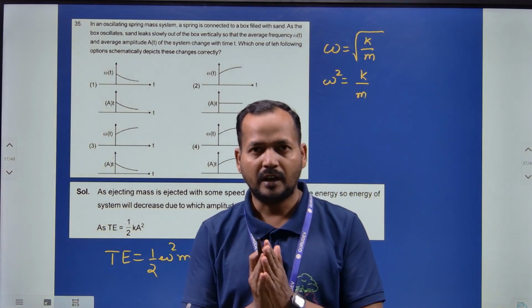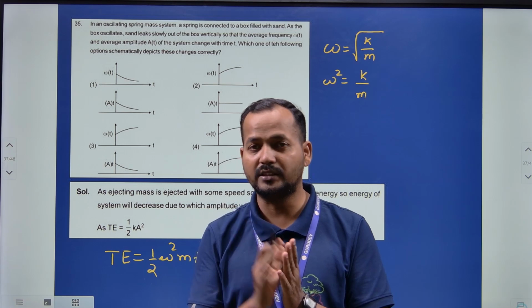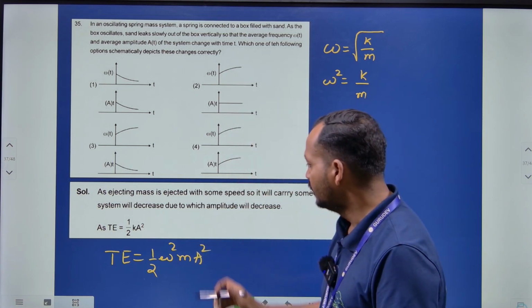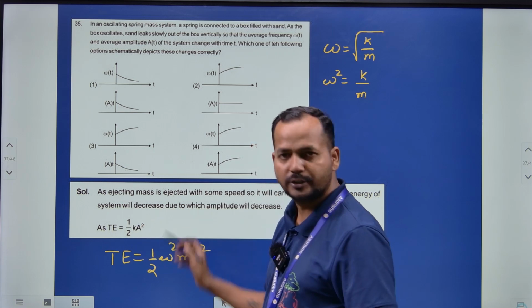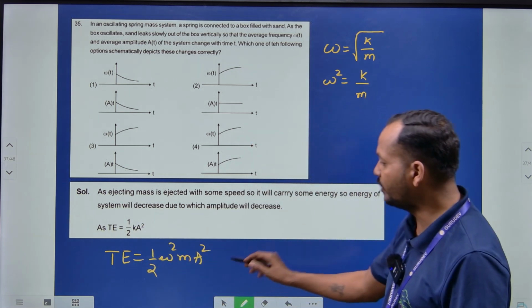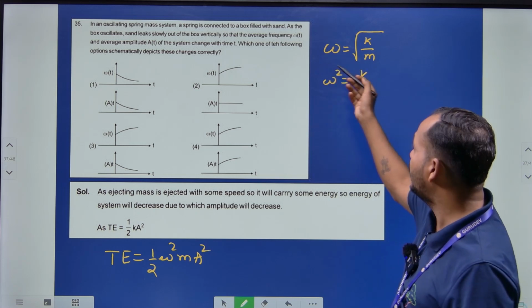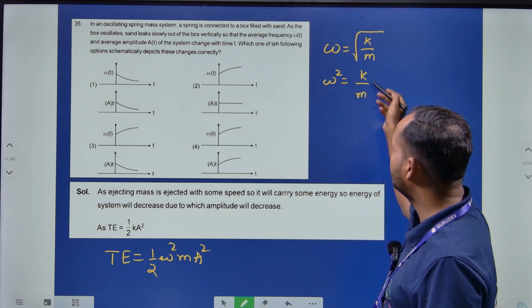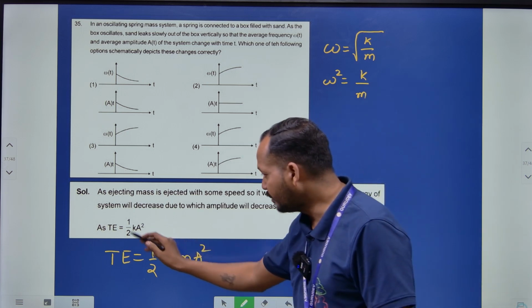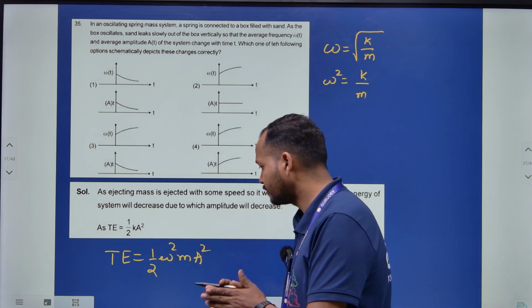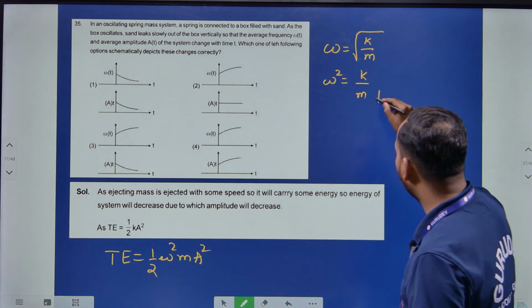चैप्टर का है। हमें पता है टोटल एनर्जी, पोटेंशियल एनर्जी, काइनेटिक एनर्जी, ऐसे होता है। तो फॉर्मूला है हमारे पास, जो टोटल एनर्जी का फॉर्मूला है वो हाफ KA², यानी कि हाफ यहाँ पे K के बदले में क्या लिख सकता हूं मैं, ओमेगा² इंटू M इंटू A²। वो कैसे आया, यहाँ से आया, जैसे कि आप ओमेगा इज इक्वल टू अंडर रूट ऑफ K/M है हमारे पास, तो ओमेगा² क्या होगा K/M। तो यहाँ पे K के बदले में क्या लिखा मैंने, ओमेगा² इंटू M।